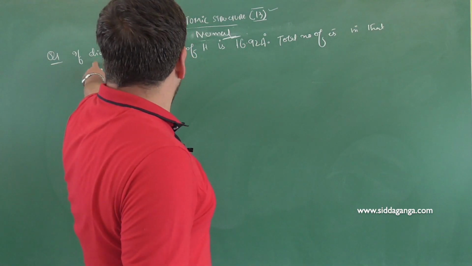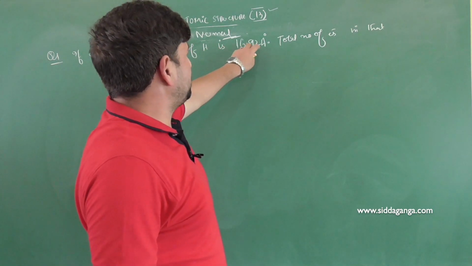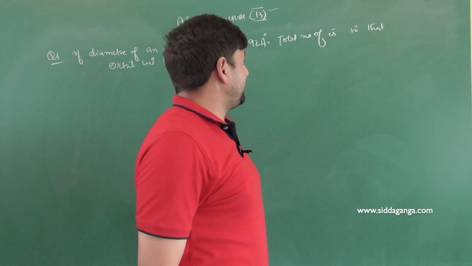Question is, if the diameter of an orbit of hydrogen is 16.92 angstroms, total number of electrons in that orbit